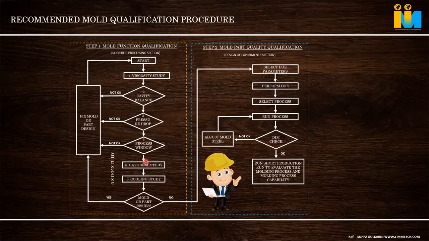Before doing all these things, if you do gate adjustment, the dimension will change after that. For amorphous material and a non-critical part, okay, I agree. For a critical part, this cannot be done. So after fixing this, we go to the next step, where the process is stable, then we run some parameters and run the DOEs. Our mold should be capable of giving the result. It is not dependent totally on the machine setting or the person who is setting it.